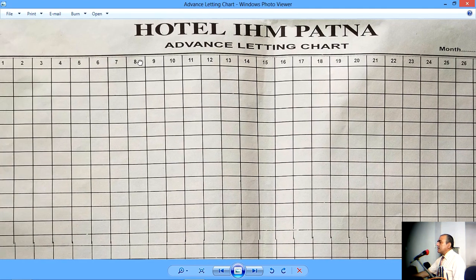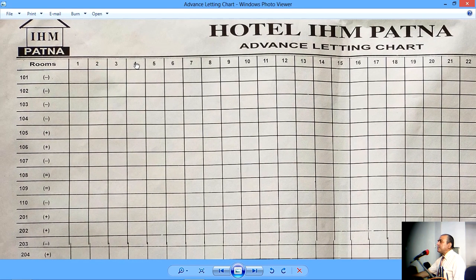And then let us look at the left-hand side. Here you will notice that room numbers are mentioned, and there is some symbol here. It's not very difficult to guess what it is. One single line means it is a single room. So all these are single rooms. And this plus sign is actually a double room.